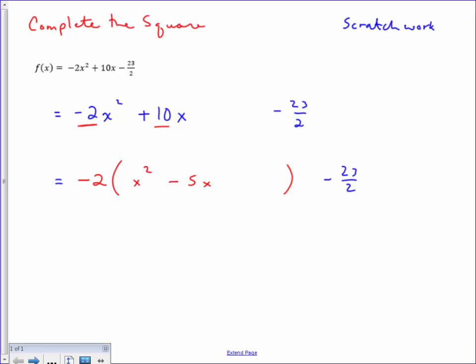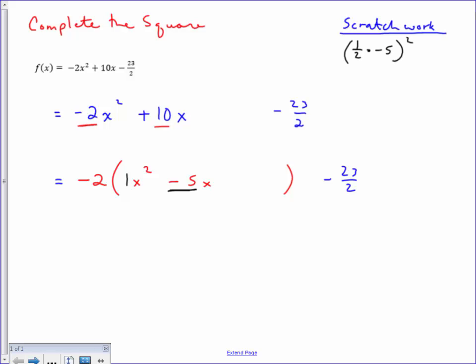For our scratch work, it's important that we wait to do this until we have an x squared term and an x term that has an understood 1 in front of x squared. So we see now on the inside we have the understood 1. So now we go and look at whatever value is in front of the x, and we take a half of that value